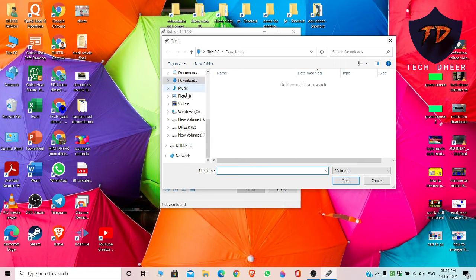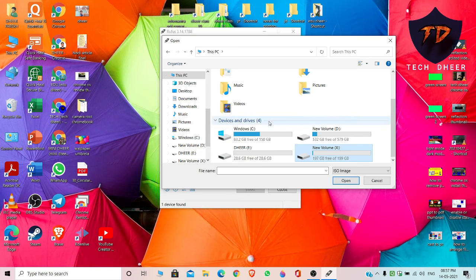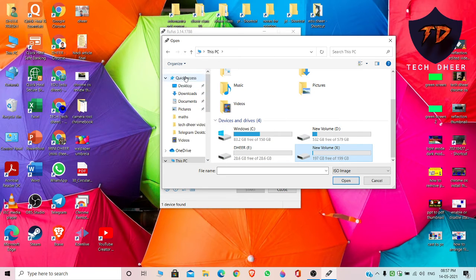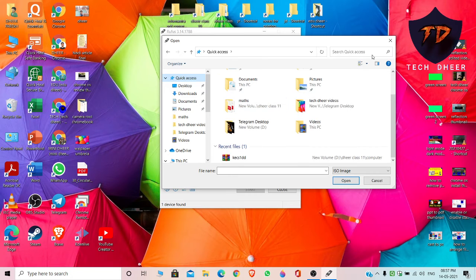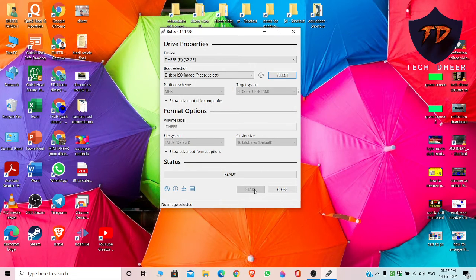You can go to one of your folders like New Volume X and somewhere. I don't have any ISO files in my system right now. Okay. So I'll just close it.